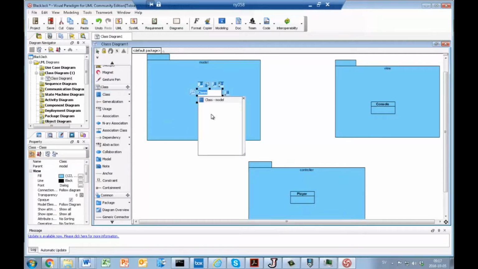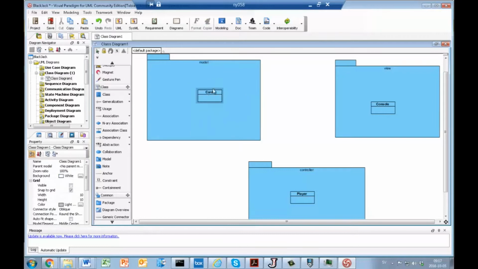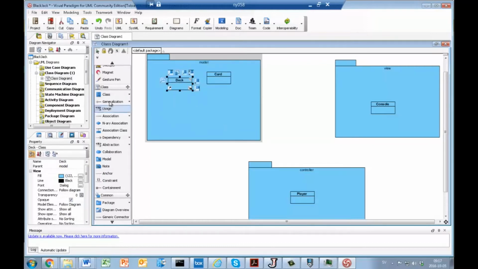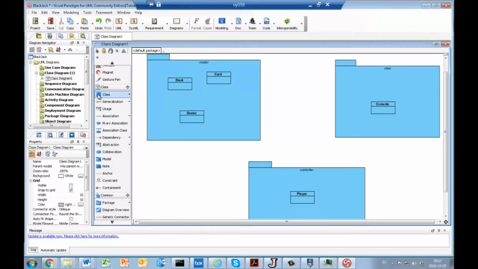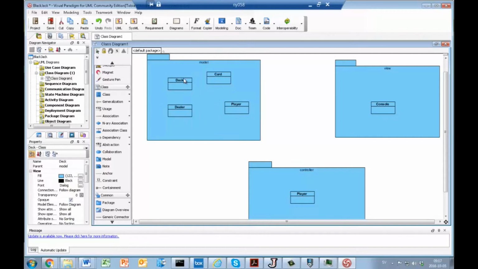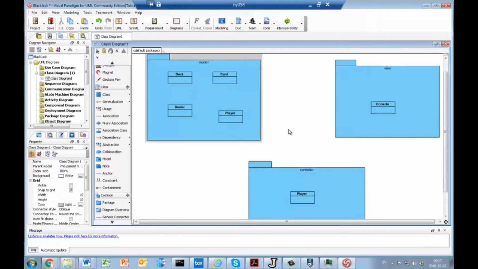And in the model we have card. We have deck. Have dealer. And we have player. So, something like this. And now we need to kind of like add the correct relationships between these types. And we could just take a look at the code, and maybe let's start with